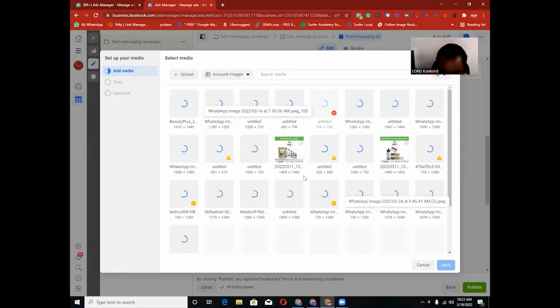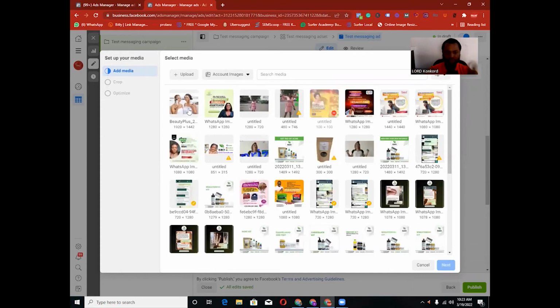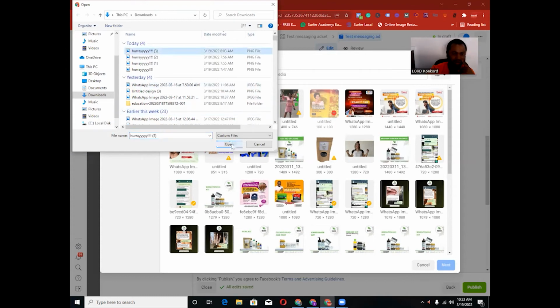Okay, you want to go and upload, but you should have it in your system. Now I want to use this. But in case you don't have it here, you want to upload to your system, just click on upload and select whatever image you want to use. Let's say I want to use this. I click on select, and I click on open,